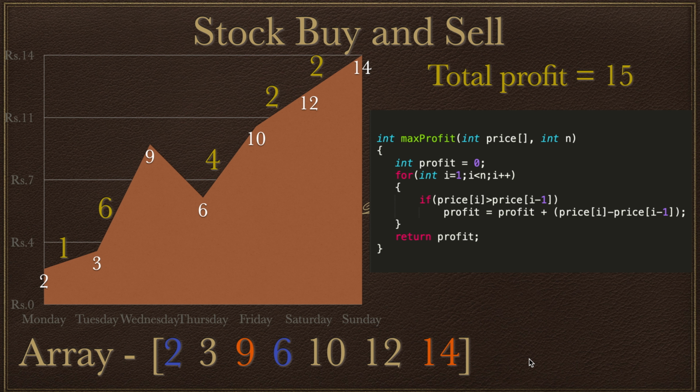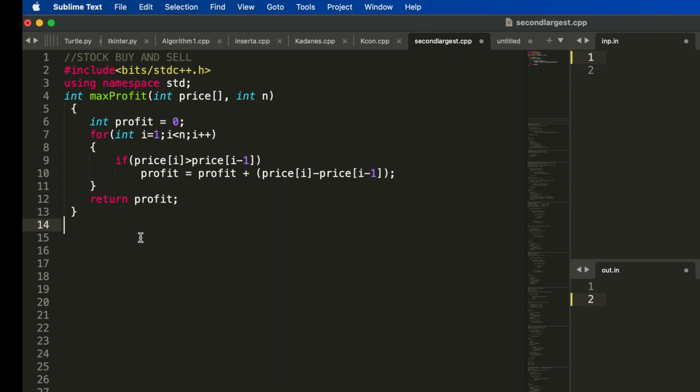Now let's write the code down. We will write the same function. I'll write the same code there, and we'll just write the int main function, because we have already written the maximum profit function. So let's get started with writing the code. Here I have written the same function. I've assigned profit to 0. I am running a for loop from 1 to n, and the condition here.